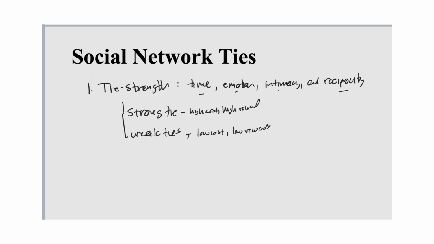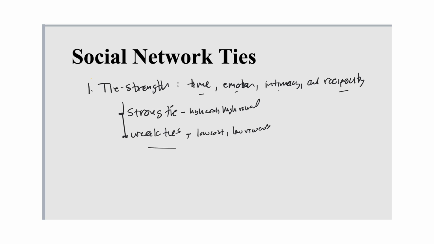Now, a social media website like Facebook, for example, you might have your strong ties, like your best friends who you talk to on that platform. And then you might have people who you maybe post on every once in a while, and those are kind of your weak ties. Now, here's the thing though. Strong ties and weak ties both have benefits. Like, it's nice to know that even if you're not close to someone, like on a strong tie, you still have that ability to talk to other people and get to know them on a weak tie.